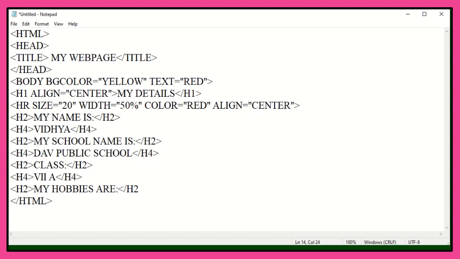Here you can see the different levels of heading, children. That is, H2 will be in a different size, H4 will be in a different level of heading. My hobbies are like singing, comma, reading books. Closes H4 tag.